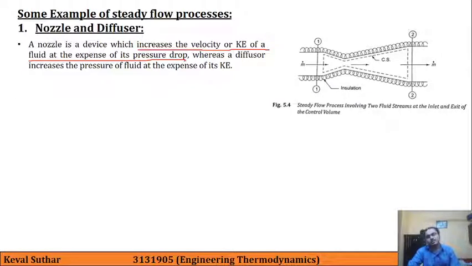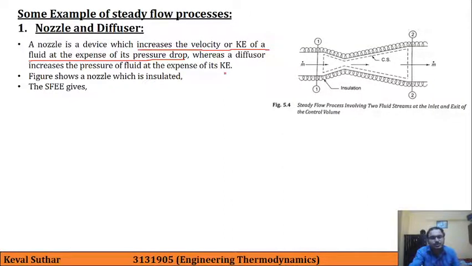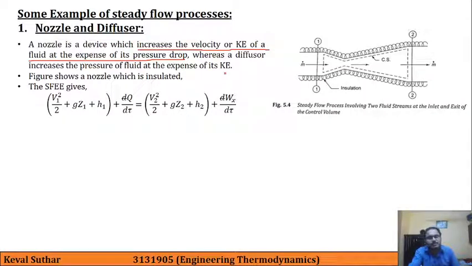So here the pressure energy is converted into kinetic energy of fluid, whereas the diffuser works exactly opposite to that, in which a diffuser increases the pressure of fluid at the expense of its kinetic energy. Figure shows a nozzle which is insulated. So the steady flow energy equation is given by this formula,